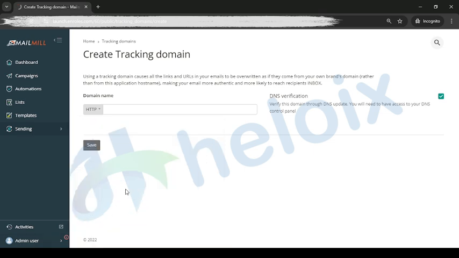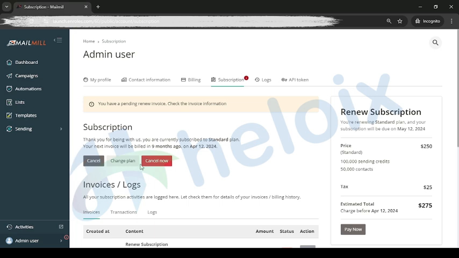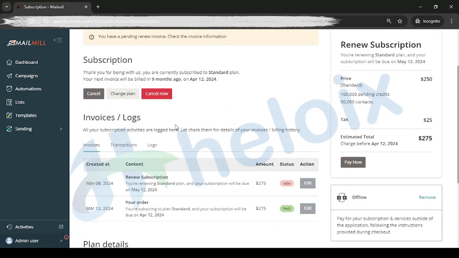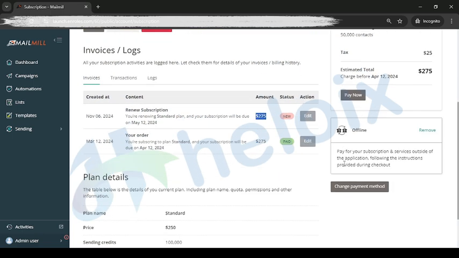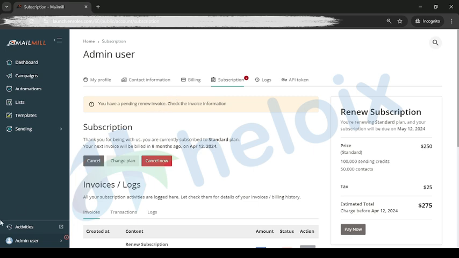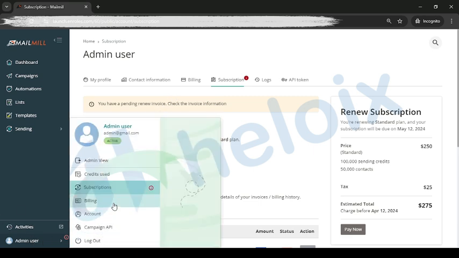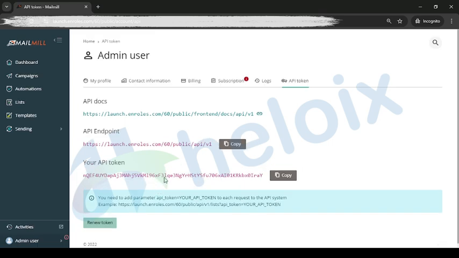Then we have subscription. Here we won't need to renew, because this is a demo account, so we have allowed it and the subscription is already expired. Now you can check profile, contact information, billing, or this is the subscription history. So the last one is paid, now it's come up again. Here you can complete the transaction, so your subscription plan will be renewed. Then billing, we have accounts, we have this campaign API which you can check or which you can use in your solutions.